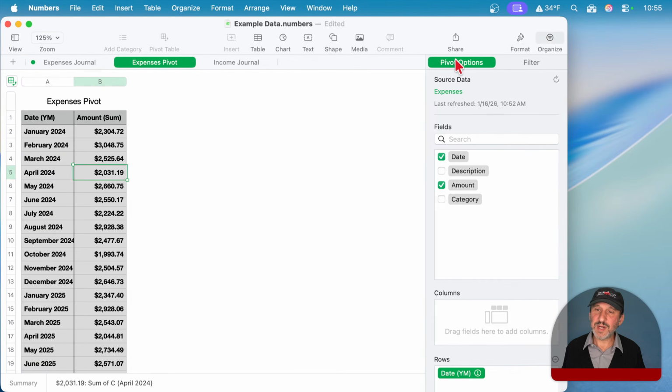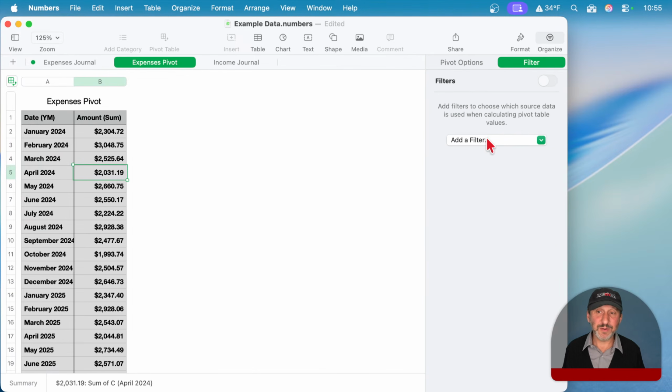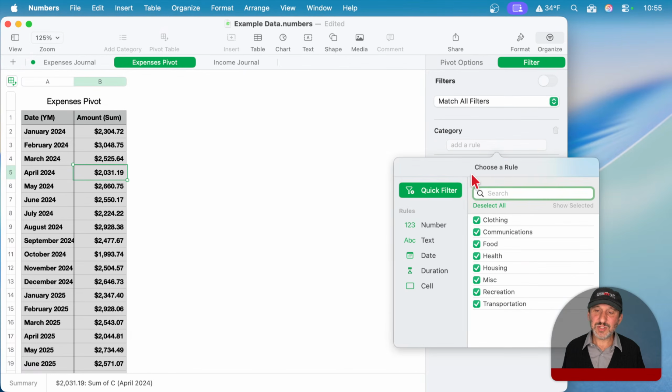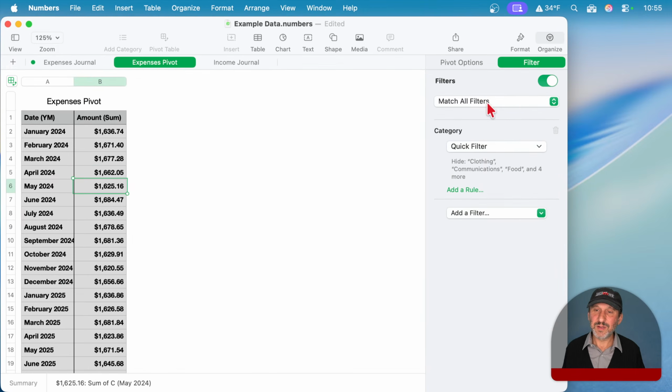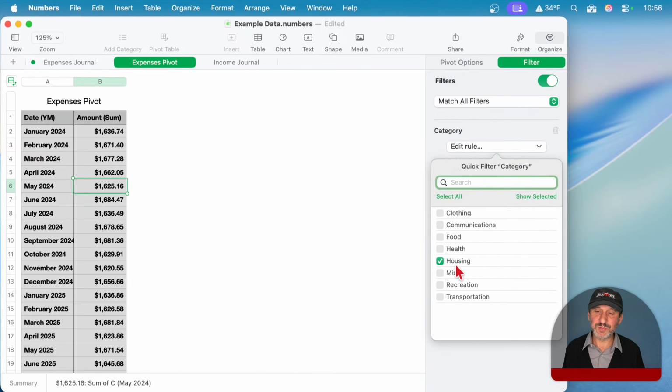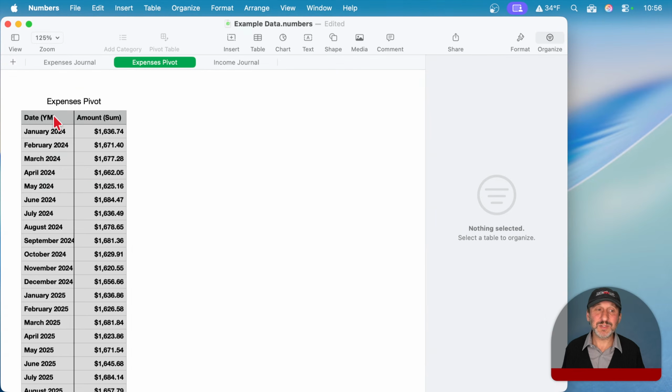So organize, you have your pivot options, and with that table still selected, you can go filter here, add a filter, and we can filter by category. And then it's going to show us all these categories. And let's say we only want to know housing per month. So you can see by filtering here, using this quick filter, we now have this expenses pivot